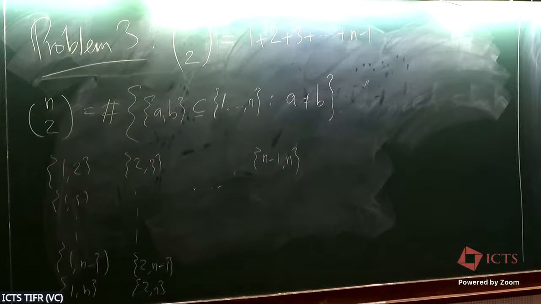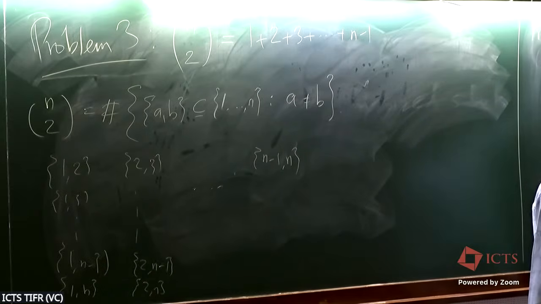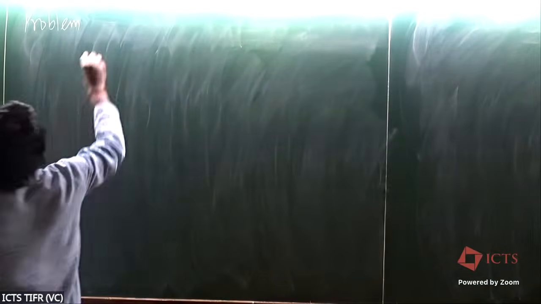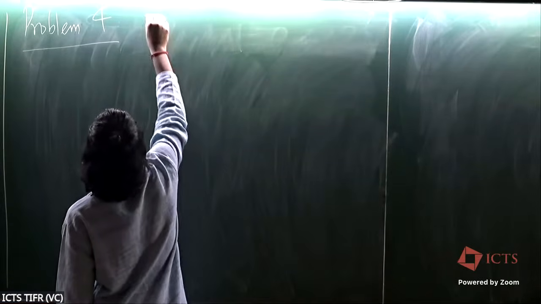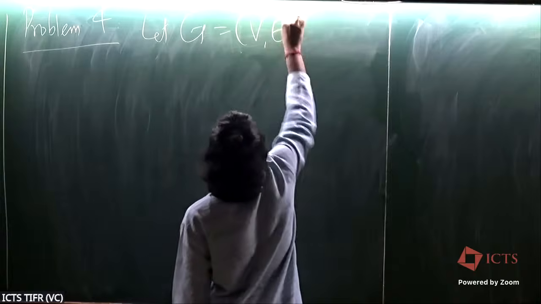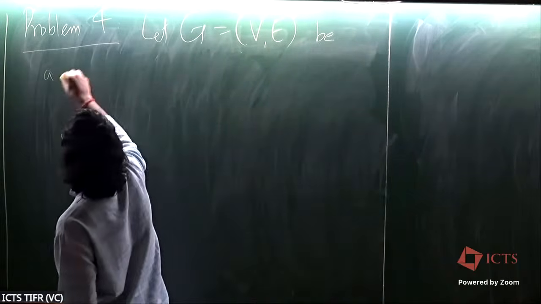So you know what a graph is, right? I'm not going to be talking about random graphs, mostly trees, but you know what a graph is? Everybody knows what a graph is. Okay, so given a graph, here's the next problem. Let's just do a quick warm up before I step into what I wanted to tell you. So let G be a graph with some vertex set and edge set. When I say graph, I always mean finite, simple, undirected.